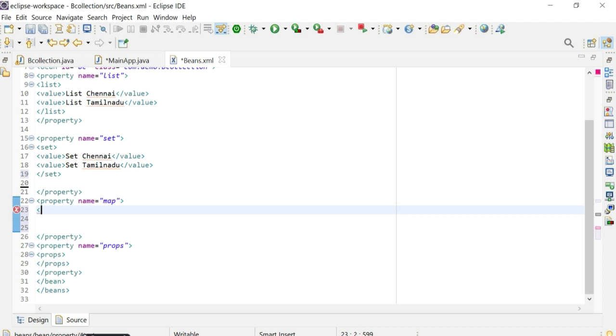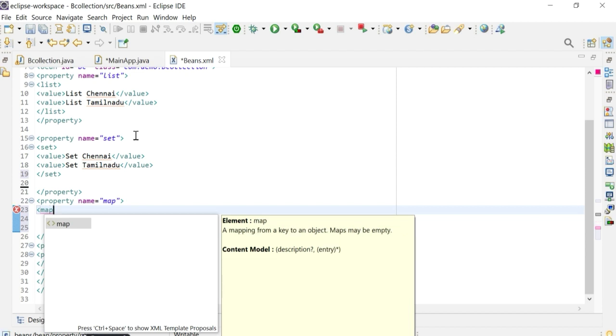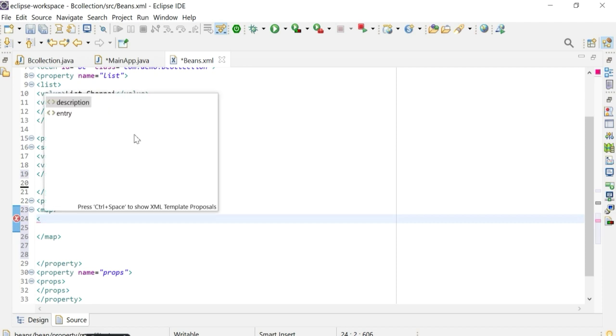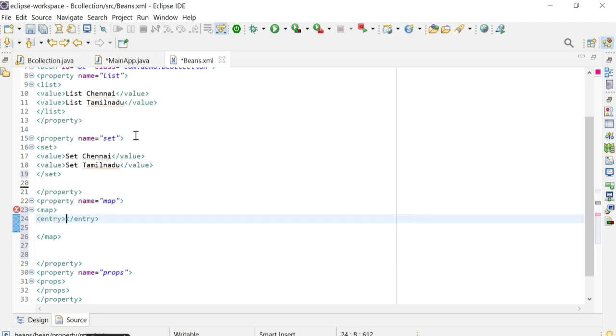Within the property element, just key in map. You can see a map element, select it. Within this map element, there is an element entry. Select it, and within the open tag of the entry element, what you do,